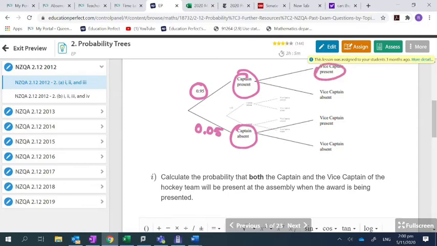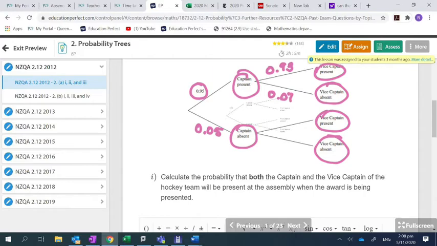He's either present or absent, but he can be present or absent if the captain is present. He can also be present or absent if the captain is absent. If the captain is present, it says that the vice captain is there 93% of the time. So what is that as a decimal? 0.93. There you go. Which means he's absent the other part of that one, which would be